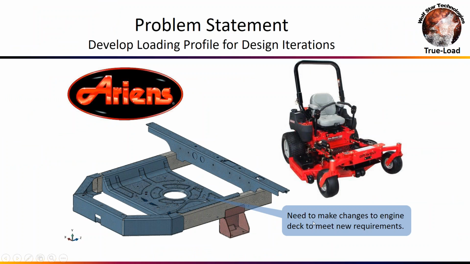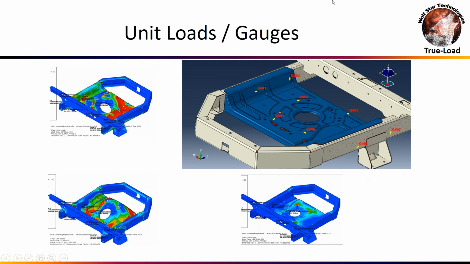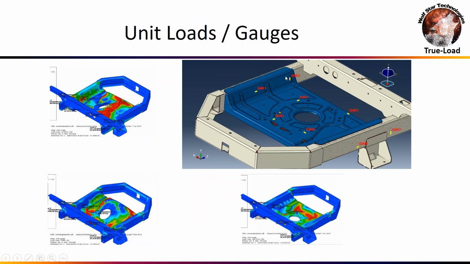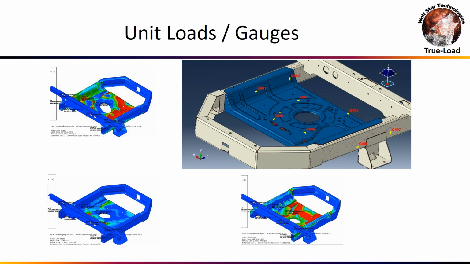So this is Ariens. They make these high-end lawn and garden tractors, and they've got this engine deck which sits underneath the seat here, and there was an engine sitting on this thing, and this was working fine for them, but their transmission supplier needed them to provide more airflow here. So they got with me to see if I could help them out. And working with the engineers there, we decided to put X, Y, and Z unit loading on a lump mass attached to this plate here, because it's basically getting ground excitation from the environment.